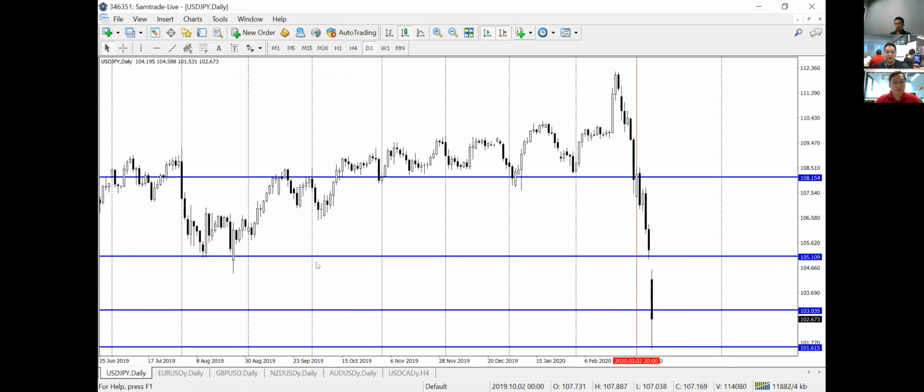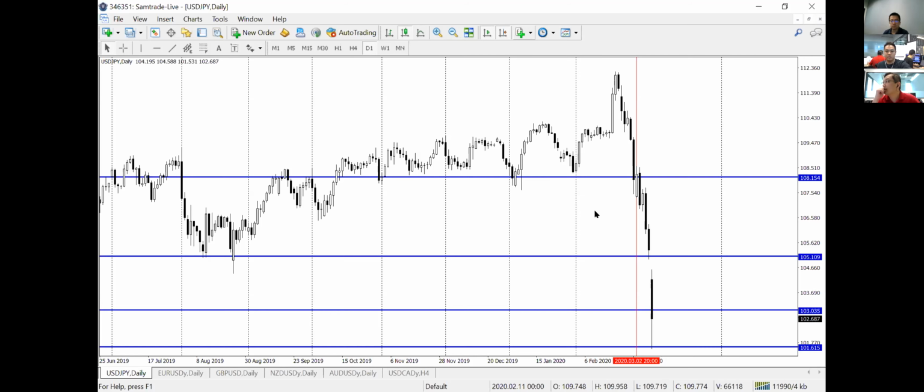Okay, so here we have the US yen chart. I'm showing you all daily charts, so each candlestick bar represents the price movement for 1 day. Starting from where the red line is, the start of the week, you can see US yen testing the resistance level, the blue line at 108.15, where it was broken the week before. After testing that resistance level, it continued to drop, and more significantly so in the next few days